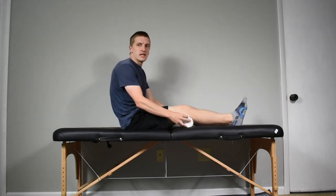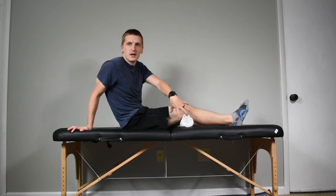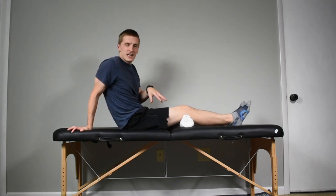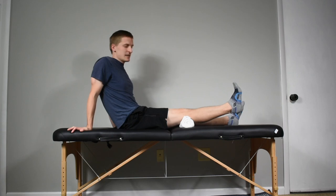So you're going to put the towel right under your knee, and usually I'll use something a little bit bulkier just to get a little more range of motion. But all you're going to do is, again, contract your quadricep muscles. You're going to lift your foot, lift your heel up off the table, try to get to that maximum amount of knee extension. You can even hold the top of that motion for a few seconds